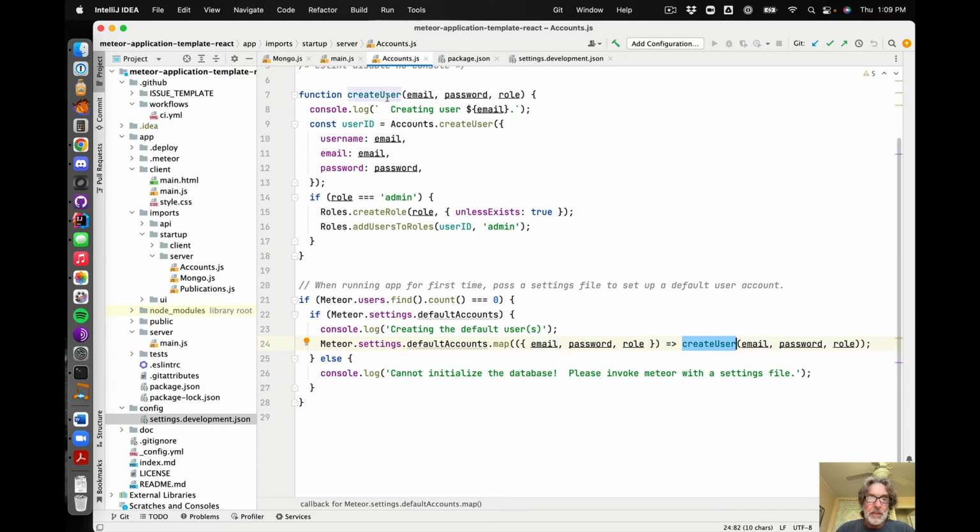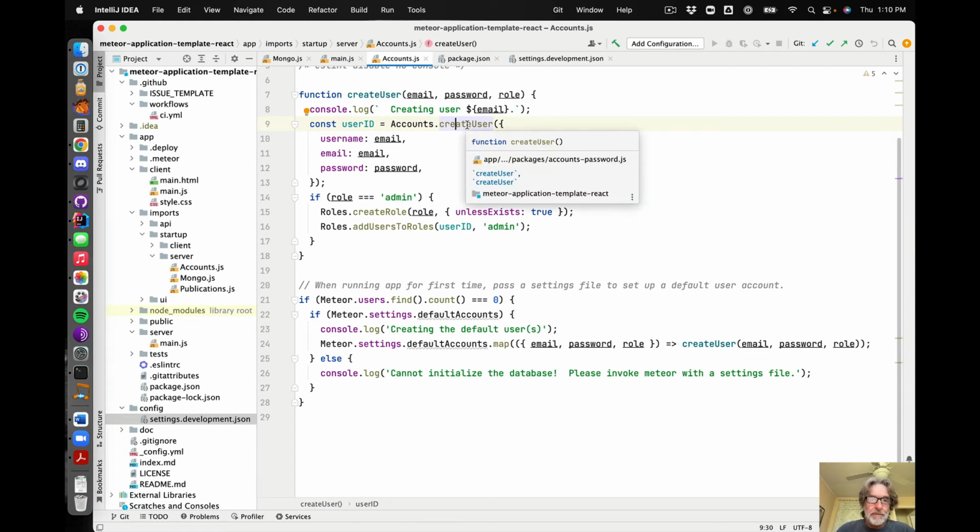Here's my function to create the user, and it goes ahead and calls this internal function accounts.create, this internal function called create user of the accounts class object. Not sure what that thing actually is. Anyway, the internal accounts package has a create user function that can be called,